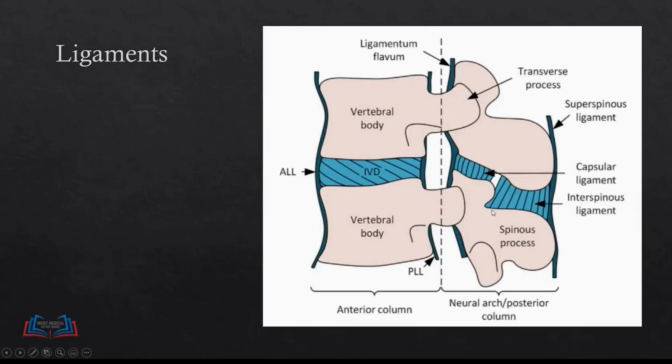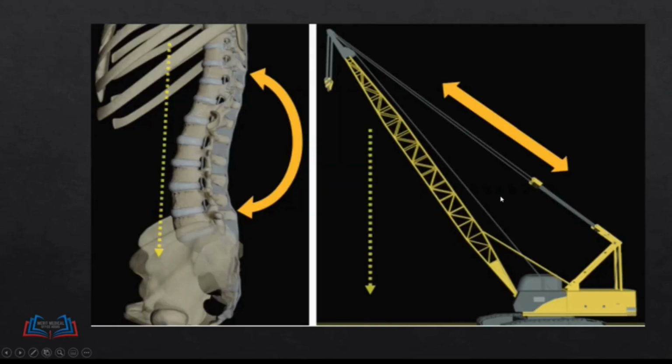The ligaments, again, are these tension bands that exist on the backside of the spine. There's a ligament called the supraspinous ligament that runs along the top parts of the spinous processes, and then there are these interspinous ligaments that run between the spinous processes, and closer to the facet joints we have capsular ligaments. These are important because if these are injured,